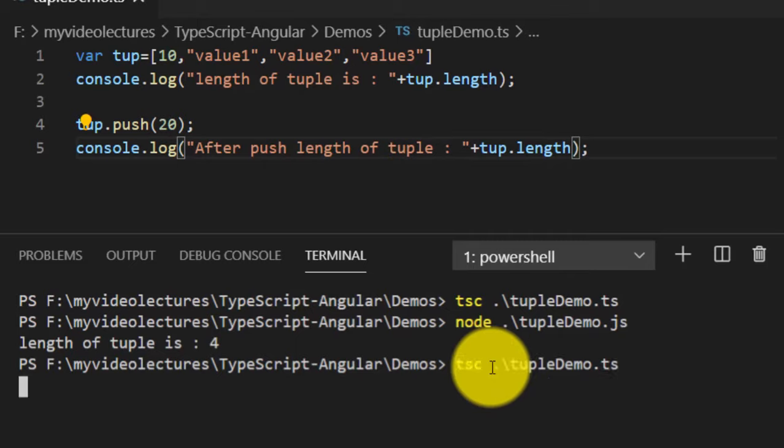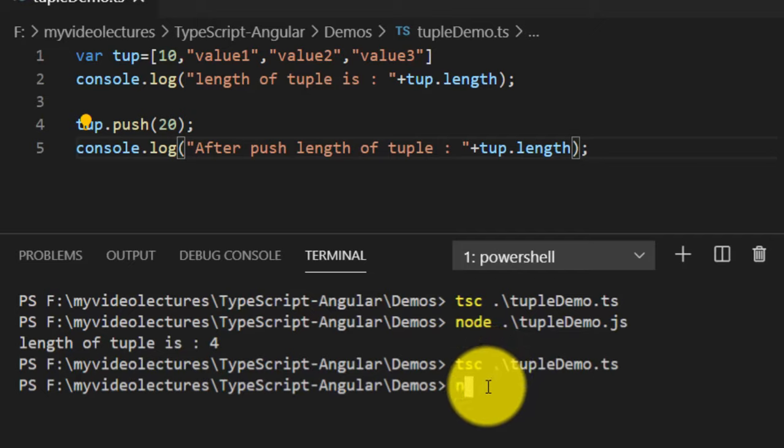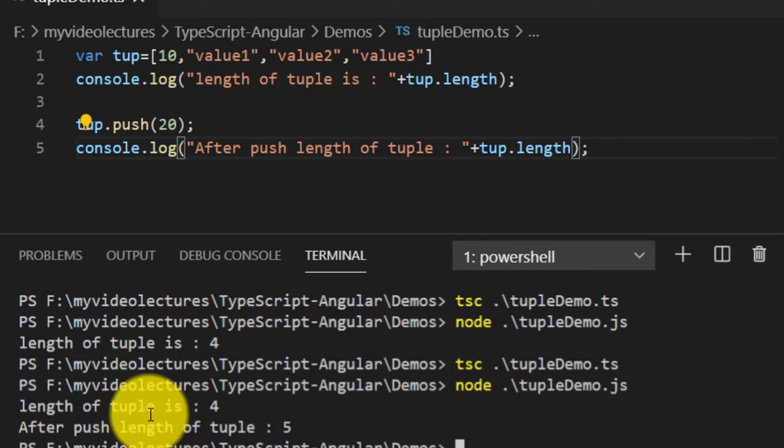Compile again and then execute. Look at the length of tuple: it is 4 initially, and after pushing the element it is now 5.